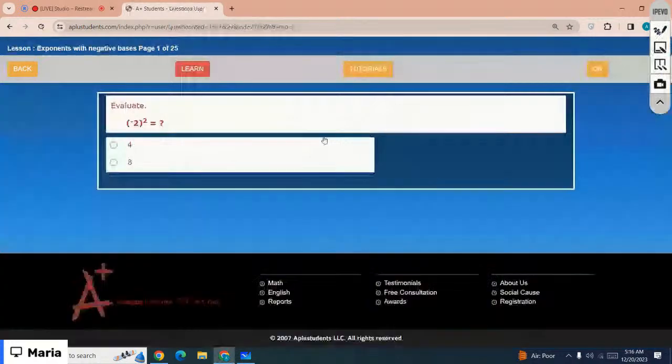Okay, negative 2 exponent 2, right? You first just look at the exponent. 2 is an even number, right? 2 is an even number, so answer must be